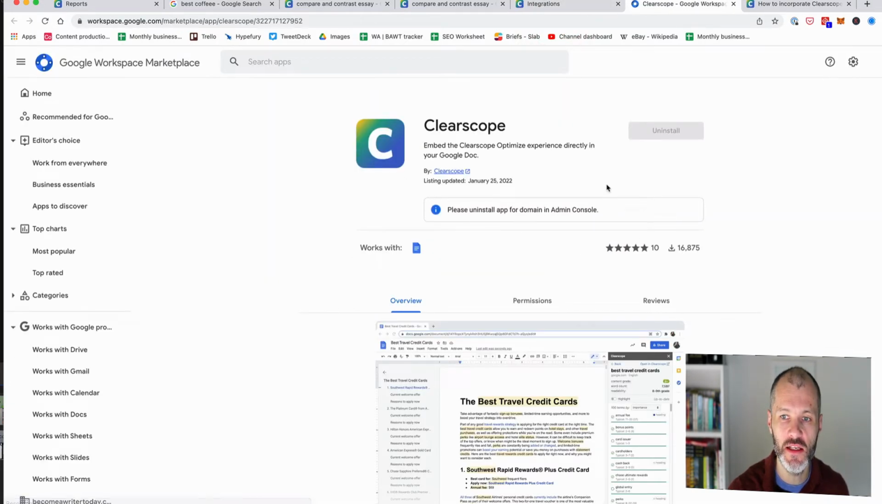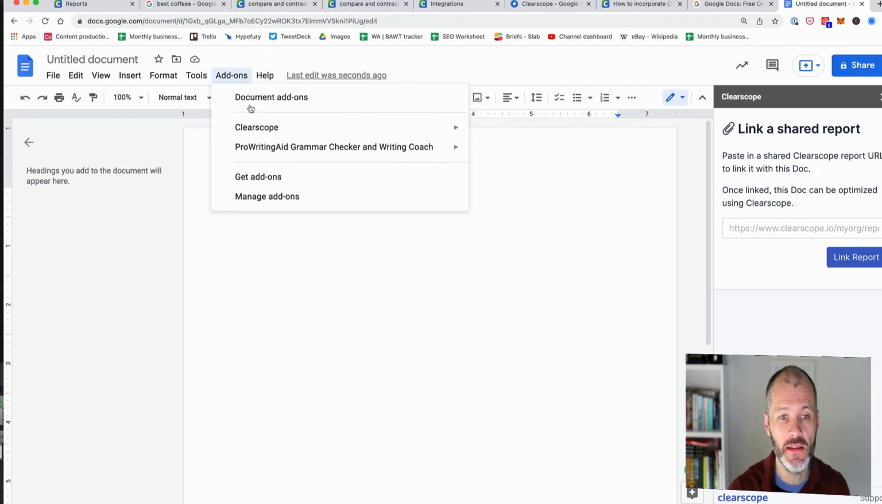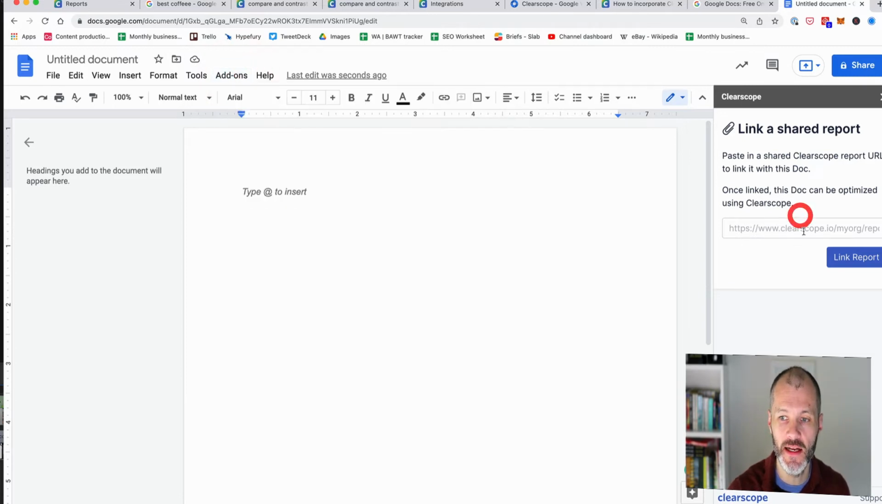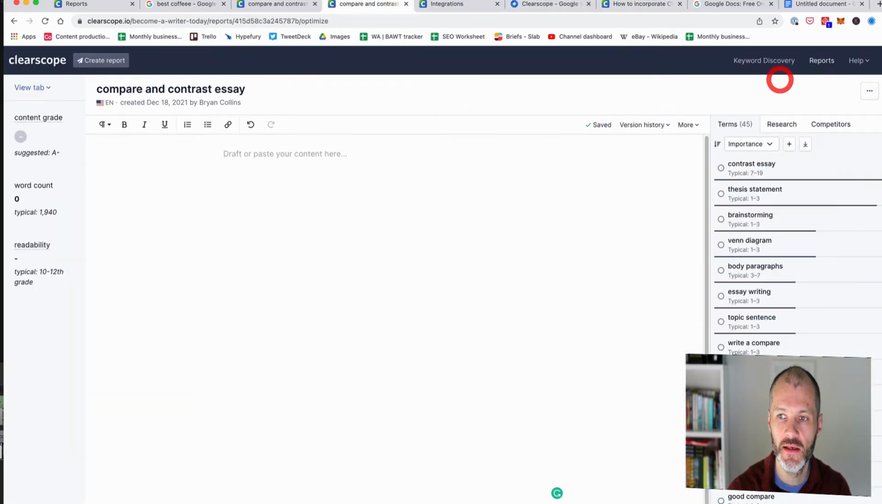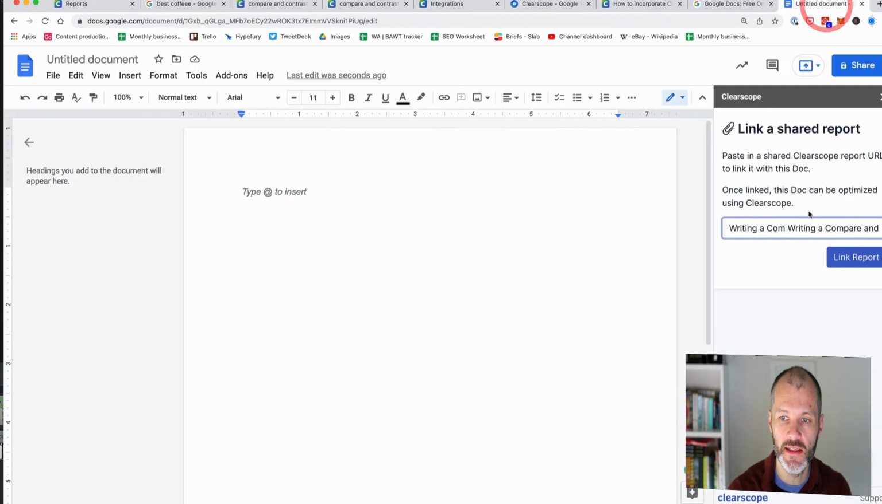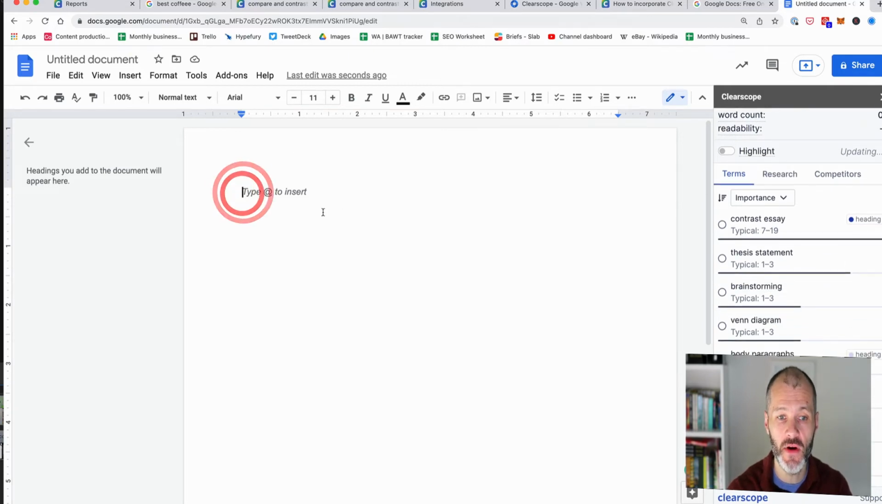So I'm just going to install this and open up a test article so you can see how it works. I've installed the Clearscope plugin. To access it, you simply click on add-ons, click on Clearscope and click start. Then it will ask you for the shareable link. So I'll paste this in. I'm just going to go back over here to get the shareable link. And these are the steps that the writer will go through. Click link report, and then you're presented with the same sidebar, and I can write my article as normal in